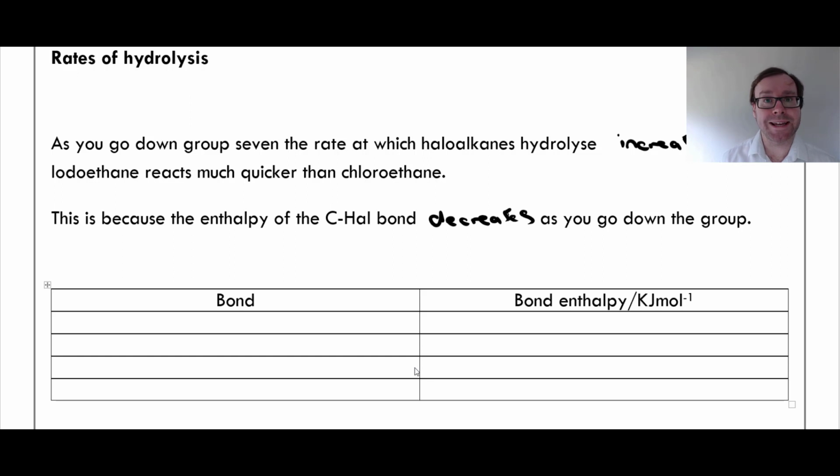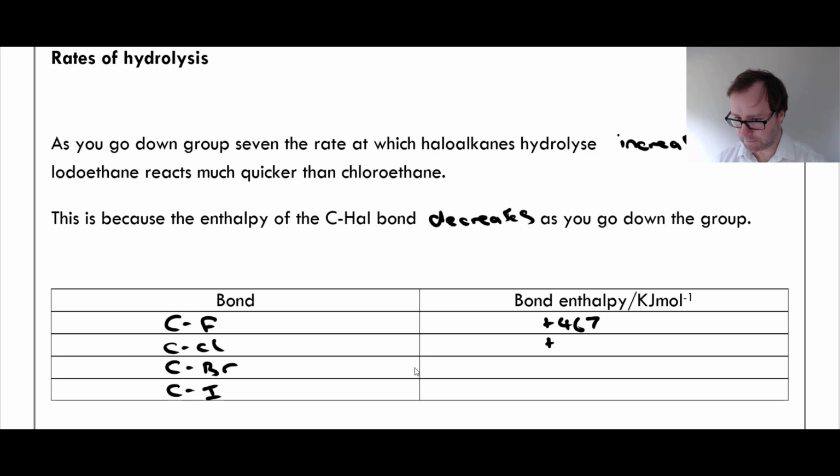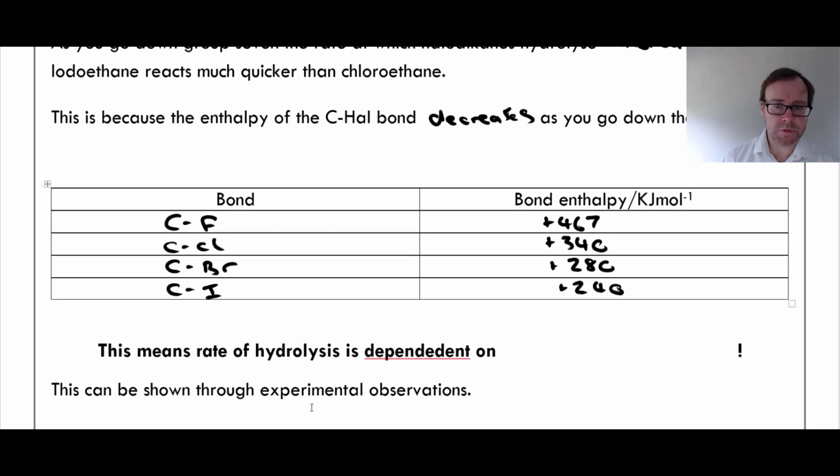Now when we're talking about bond enthalpy, it's the energy required to break 1 mole of gaseous covalent bonds. So the energy required to break this bond. And we can fill this in. CF, CCl, CBr, CI: 467, 340, 280, 240. So this means that it requires less energy to break the carbon halogen bond as we go down